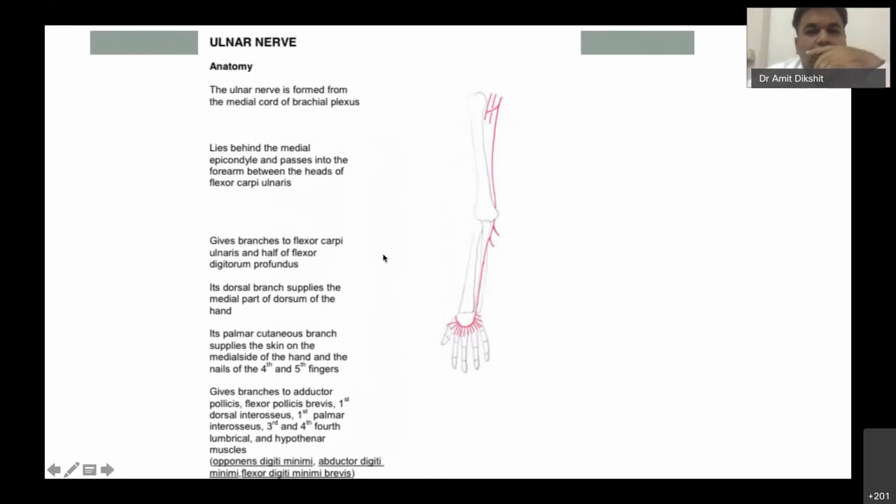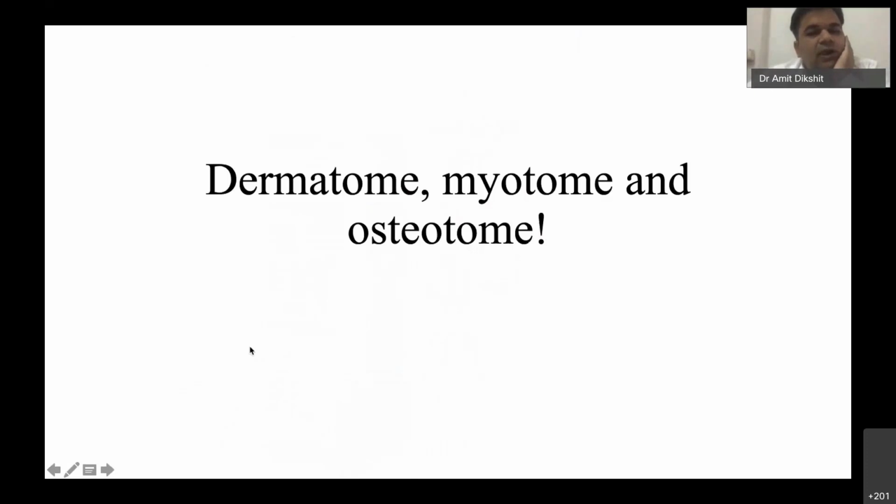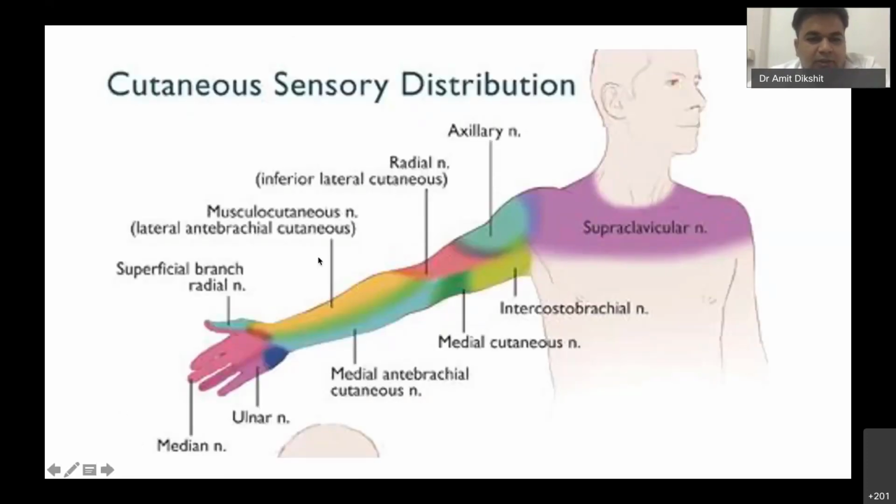Why should we know all these nerves and their courses? Because there are anatomical variations, and there are osteotomes, myotomes and dermatomes. Very often we deal with incisions and only look at the dermatomal aspect. Even Phadke sir has nicely highlighted the cutaneous innervation. So we must know what is on the medial side, what is on the lateral side, the base of the thumb, and in a carpal tunnel release at the wrist. We must be very sure.